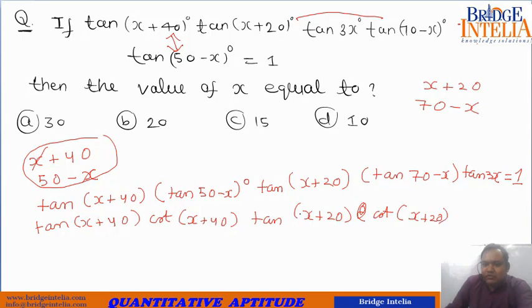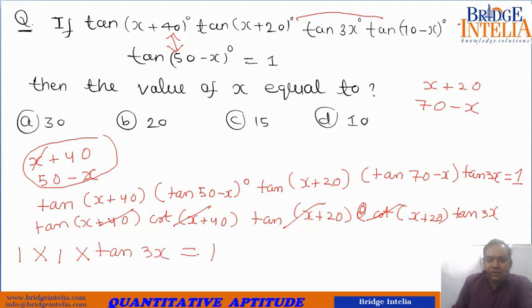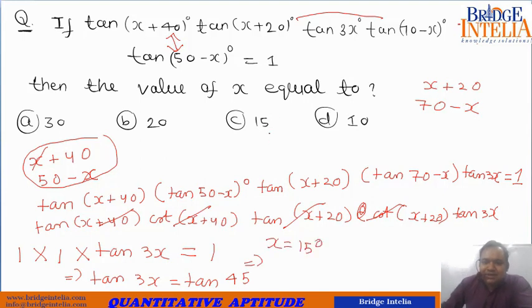So why do we do this much effort? So that terms begin to cancel each other out. Now you see tan and cot are reciprocals of each other, so these two multiply to give the value 1. These two are also reciprocals, and multiply to give the value of 1. So what is being told to us is that 1 into 1 into tan 3x is also equal to 1. This means that tan 3x is equal to tan of what? Tan of which angle is 1? 45. So from here it is very evident that x is equal to 15 degrees. Okay. Now let's see a few more examples.